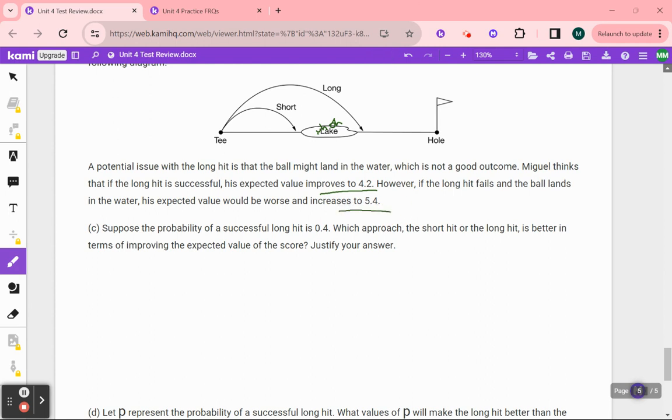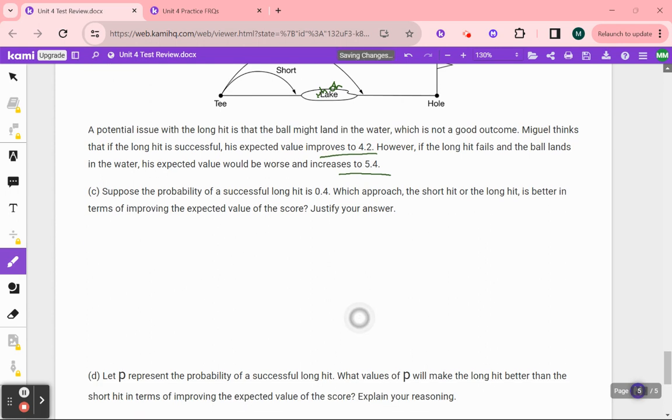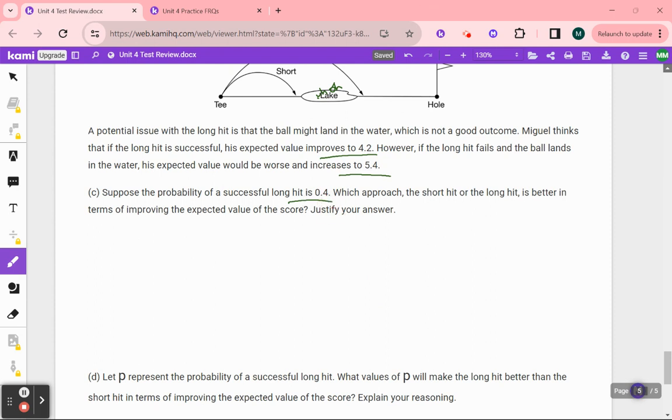Oh no, 5.4. So suppose the probability of a successful long hit is 0.4. Which approach, the short hit or the long hit, is better in terms of improving the expected outcome value of